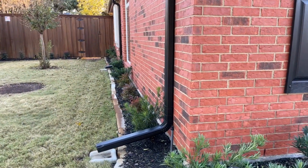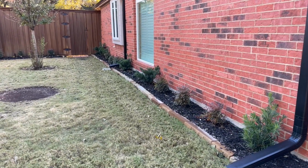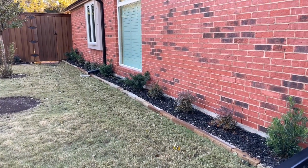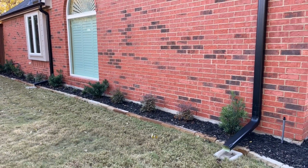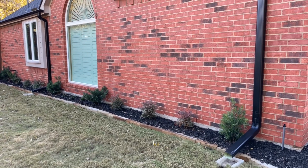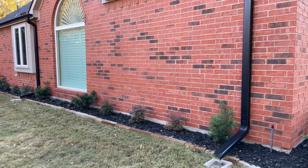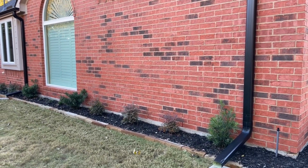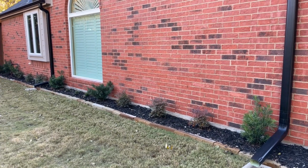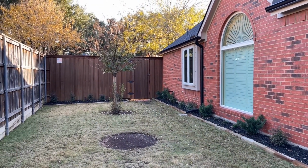We wanted to keep this simple as we go around the corner, just something to soften the edge of the brick without getting so large that it starts taking up room into the landscape or into the lawn. So we use pringle yews, and as I said, those get a few feet tall, and then the Obsession Nandinas tend to be a little bit more upright, and we continue that on across the rest of the